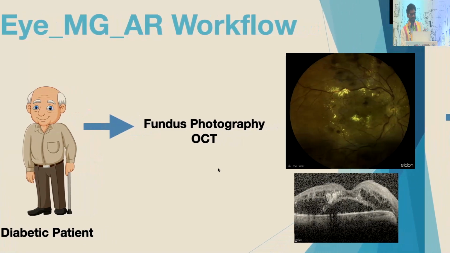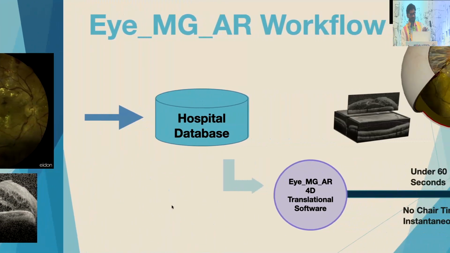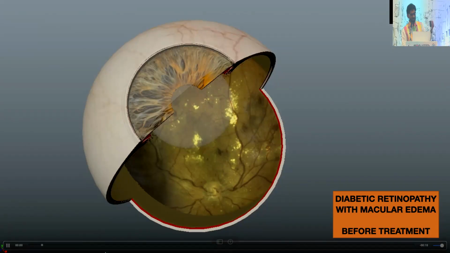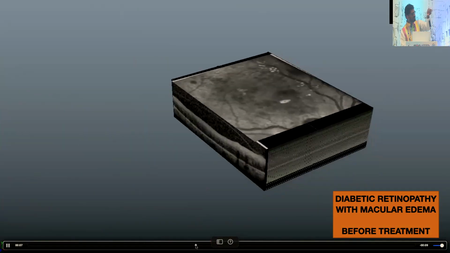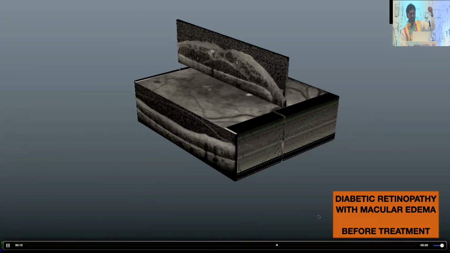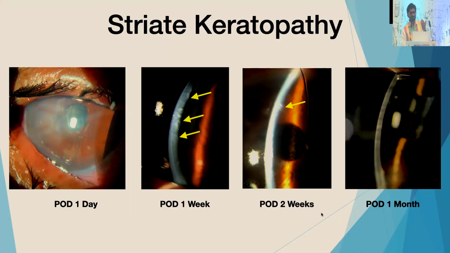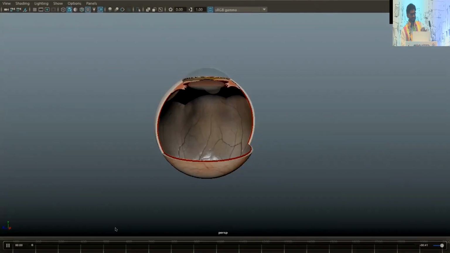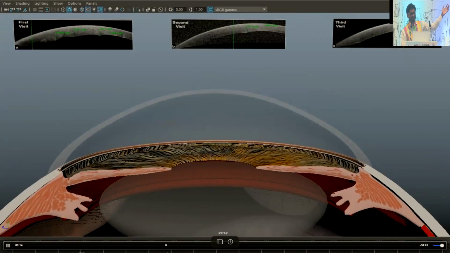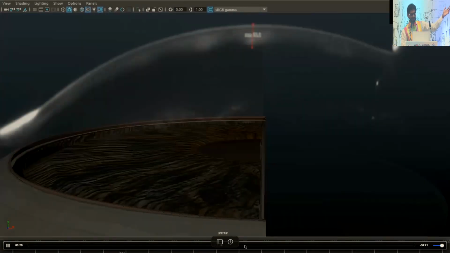We are trying to push ourselves even further, where we can incorporate OCT into the fundus so that you can actually extrapolate OCT slices from the fundus, before treatment, after treatment, a striate keratopathy for that matter, or anything. I think in the future, EMR is going to be, 10 years or 15 years from now,